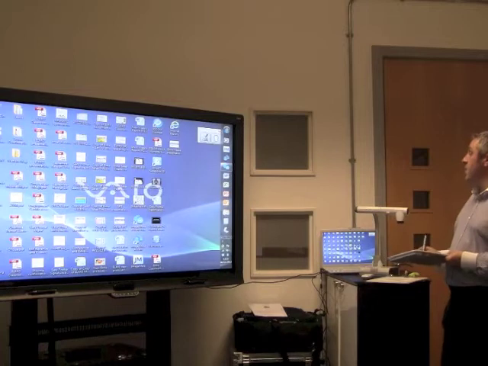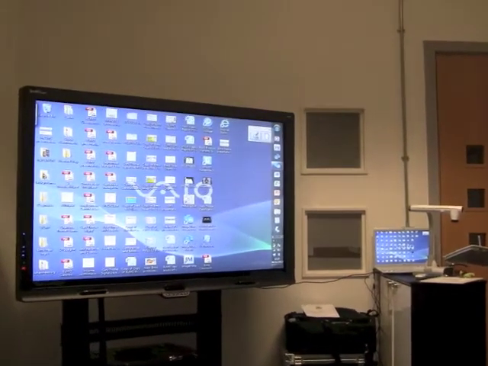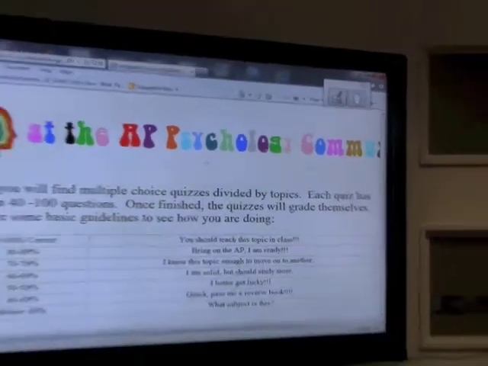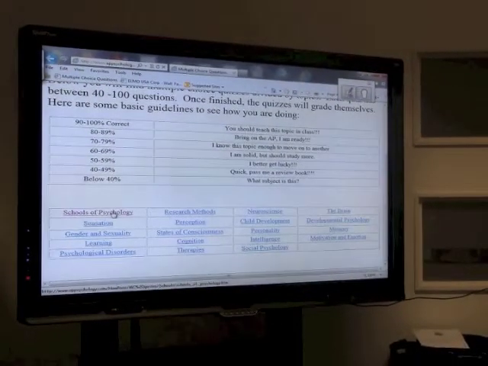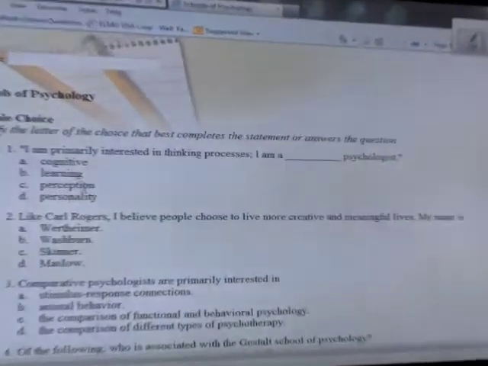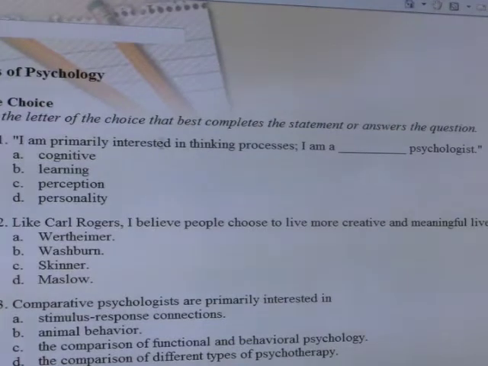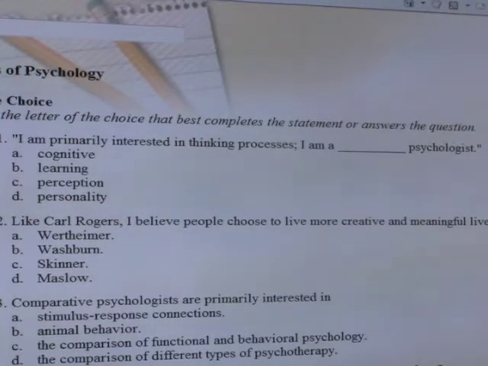So, for example, what I can do here is go to the internet. What I've done here is found some multiple choice quizzes to do with psychology. Let's go to, say, schools of psychology here and bring up these. And what we can now do here, you can see I've got multiple choice. So I'm primarily interested in thinking processes. I am a something psychologist. So what I do is I'm going to